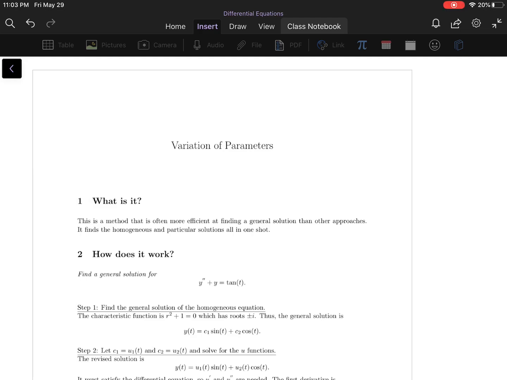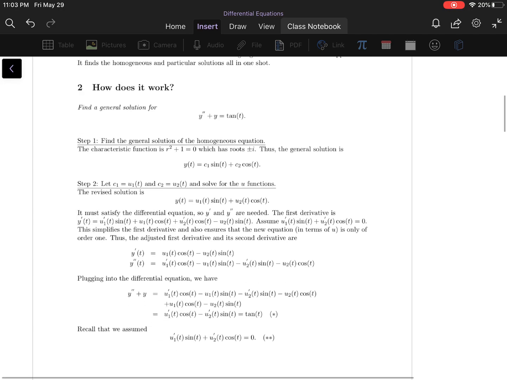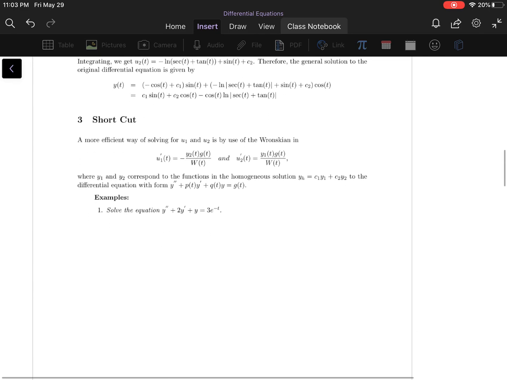This video is on a method called variation of parameters, which is appropriate for solving non-homogeneous second-order differential equations. The second part here, how does it work, goes through a long example about how to solve this. I'll let you read that at your leisure. What I want to focus on is the shortcut approach, which is described in part 3 here, and that is